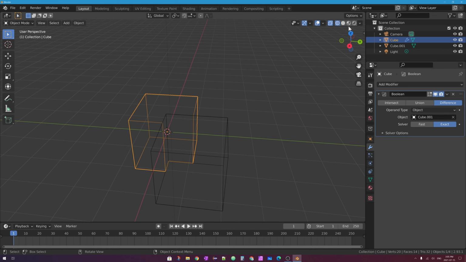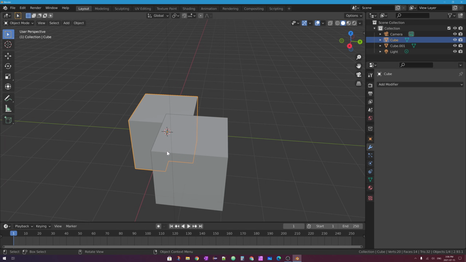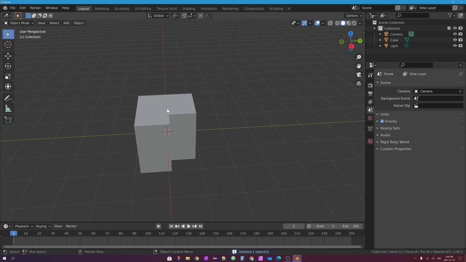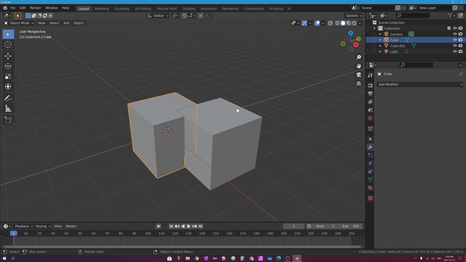And so if I go back into solid viewport shading and then I go over to my modifier and apply it, you can see if I go ahead and delete that second cube, I'll go ahead and get rid of it. Well, the Boolean modifier did its job properly. If I go ahead and press Ctrl Z on my keyboard a few times to bring that modifier back,